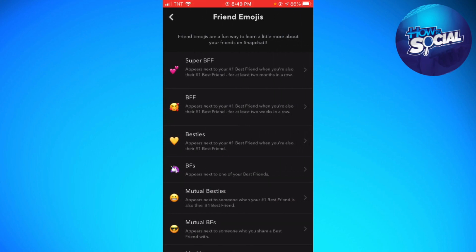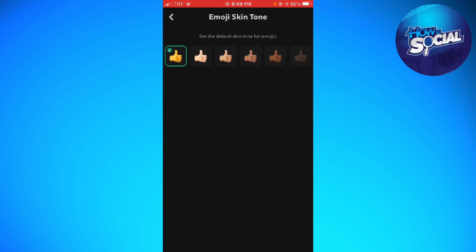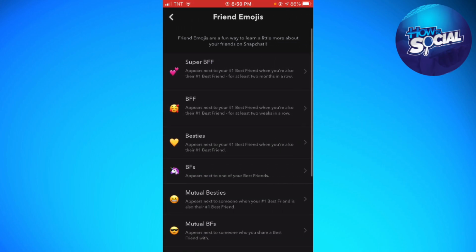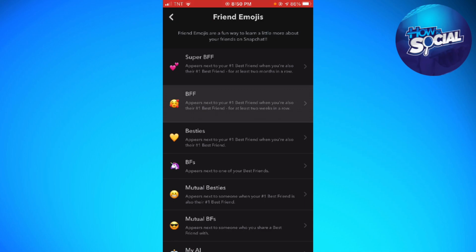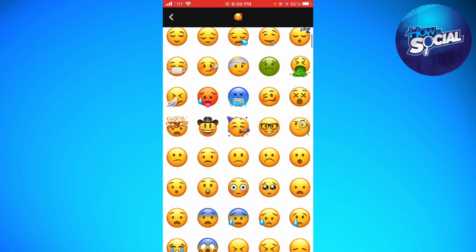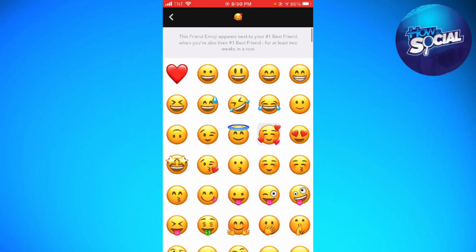And now, as you can see, the BFF emoji is this one, okay, with the 3 hearts. So just go ahead and click on that and then choose any emojis that you want to change. So I'm just gonna choose this heart emoji. And now when you go back by clicking the arrow at the upper left corner of your screen,